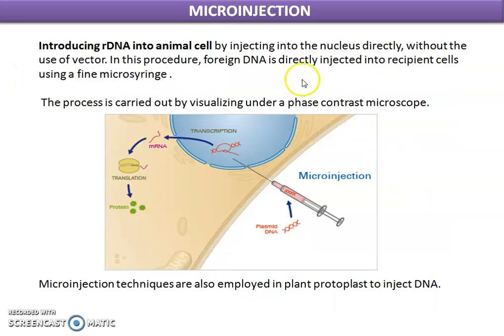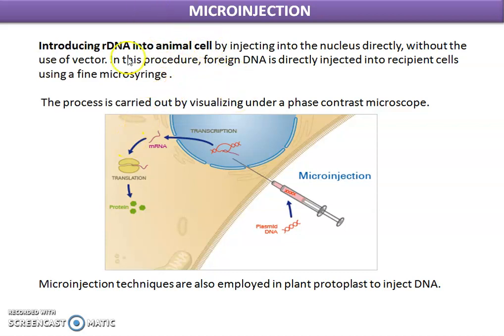Okay. Now micro-injection, which is also a direct method. All the methods which are physical or chemical like calcium divalence or dextran, etc. These are chemical methods. This is a physical method. So these are all called direct methods. When we are using a vector, this is without the vector. So it is all direct method. When we are using a vector to transfer a DNA into the cells, it is called indirect method.